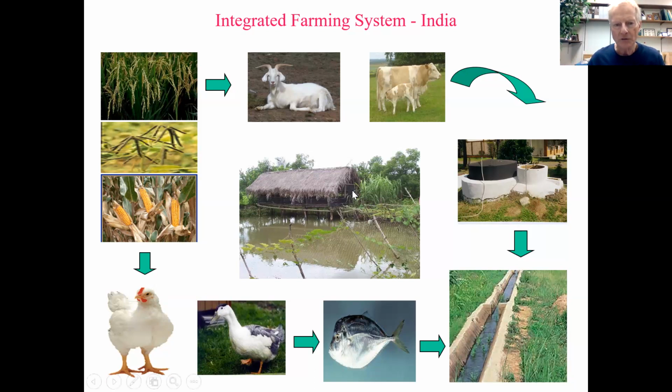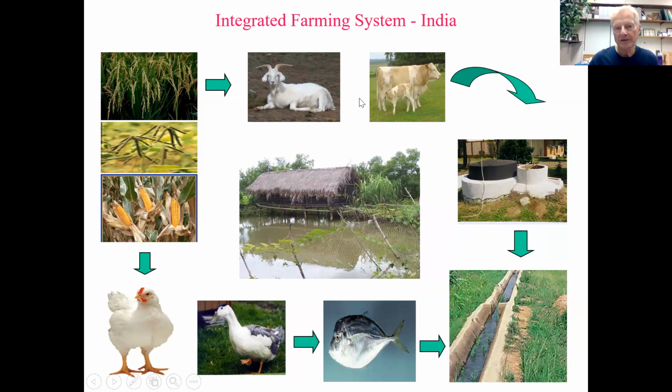The goats do their business, drop their nutrients into the water. That causes duckweed and things to grow. Well, you can feed the duck, and the goat droppings and the chicken droppings are eaten by the tilapia, and they become food. So you're producing grains, you're producing goat milk or meat, you're producing duck meat, maybe eggs and